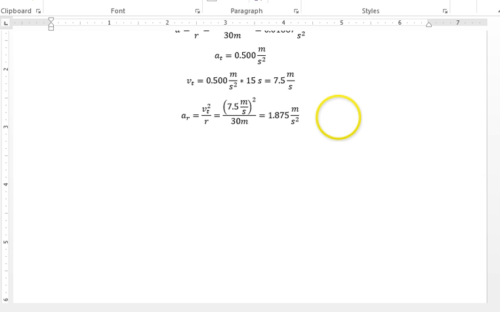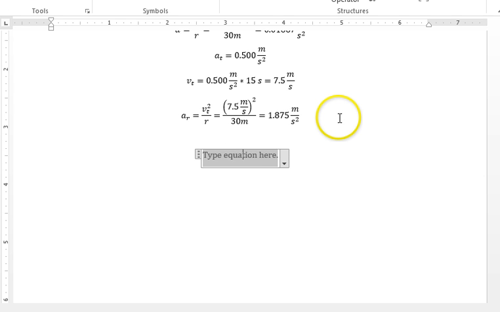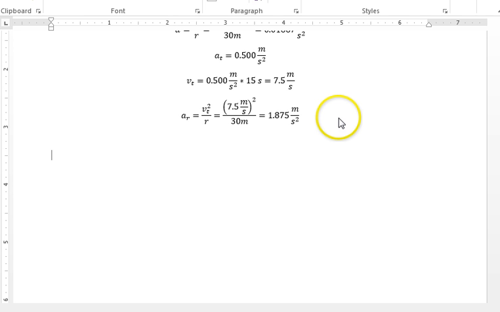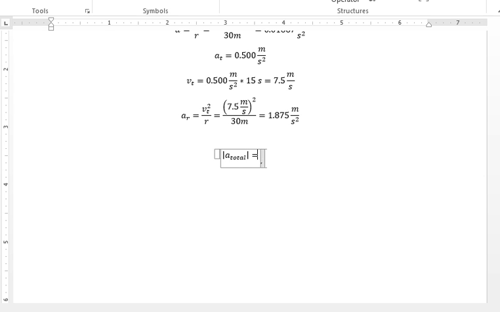Those are perpendicular to each other, so the magnitude of the total acceleration is the square root of a tangential squared plus a radial squared